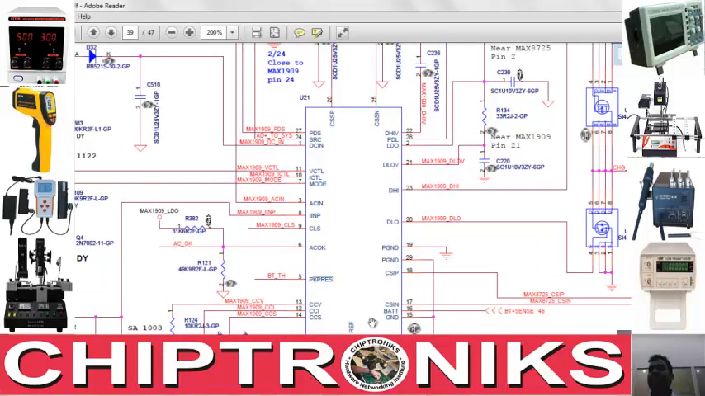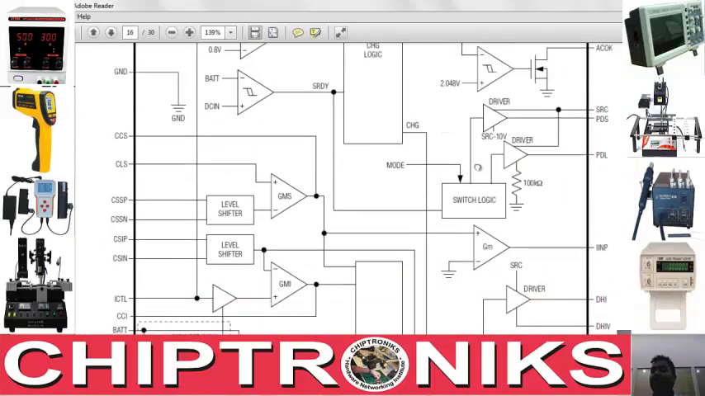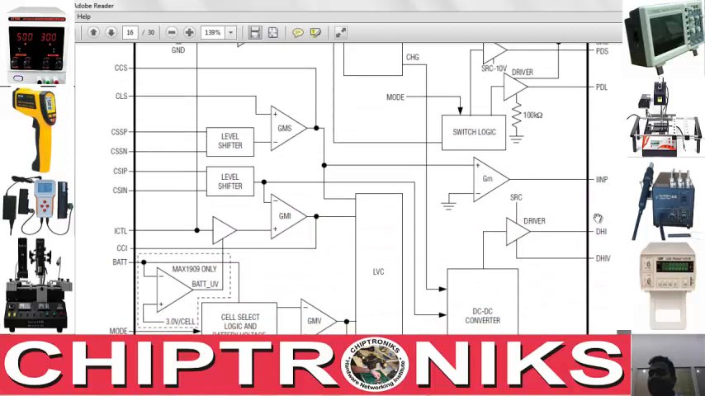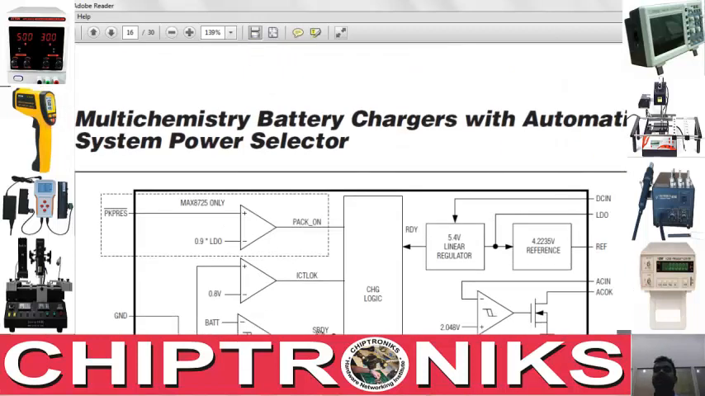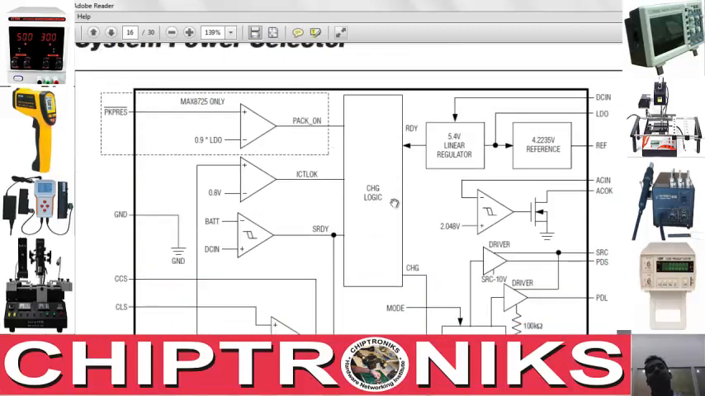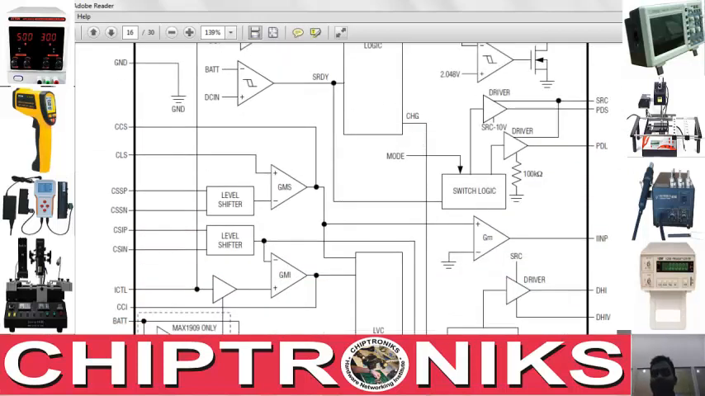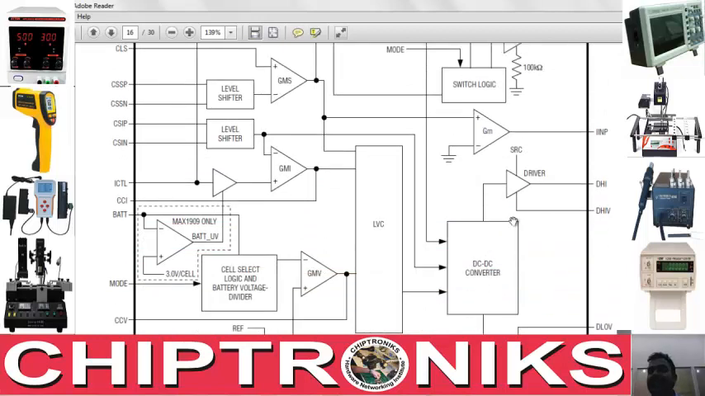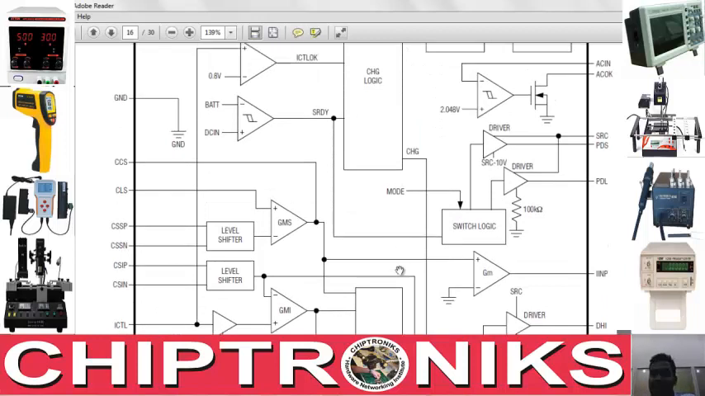If DHI, DLO is not coming, what could be the scenario? Why could it not be coming? DHI is generated from an internal op-amp, and this is generated from a DC to DC converter. Seeing the block diagram, we can say this charger IC has very important components: charge logic, switch logic, and a DC to DC converter. So DHI and DLO is generated by this internal DC to DC converter, which is enabled by charge logic,